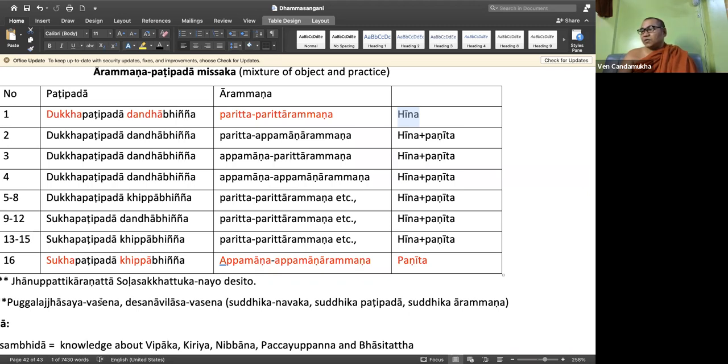Esa Pathavikasine Sudika Nayadi Vasena Desanakata. So in brief, we can say the Buddha preached this explanation, Sudika Nawaka, Patibara Nawaka, and then Aramana Nawaka, by means of what? Pogala Jasaya, as well as the Desana Vilasa Jnana. So regarding the Patisambhida,